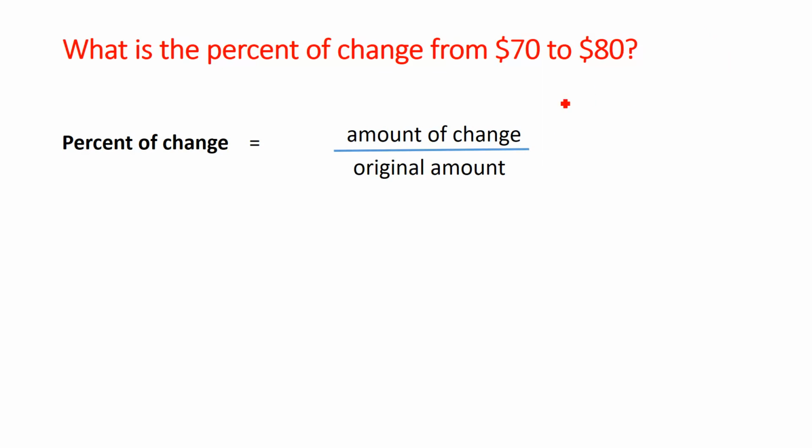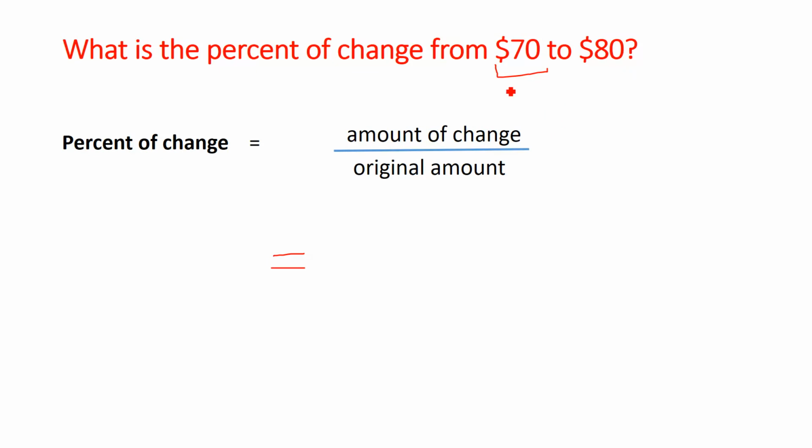Now, instead of thousands, suppose the price of bananas increased from $70 to $80. It was $70 a dozen, now it is $80 a dozen. Or you can take the example of anything, right? So what is the percent? In amount, you will say, yes, $10 is increased. The price of bananas is increased by $10. But what is the percentage?